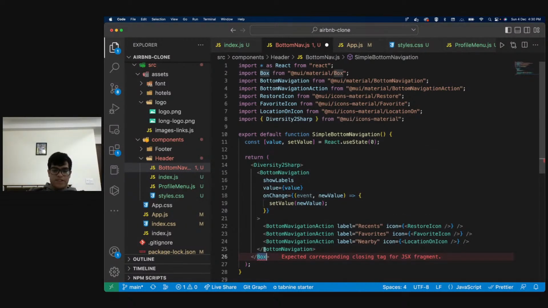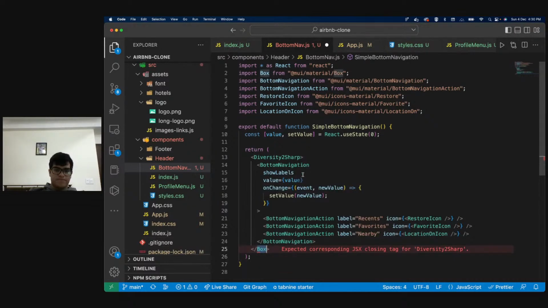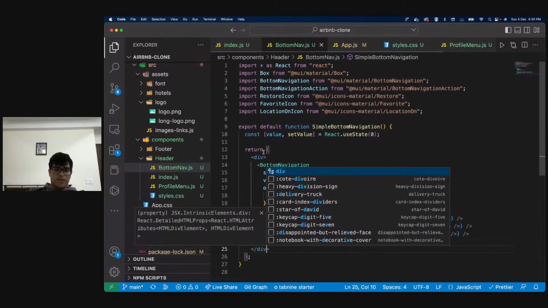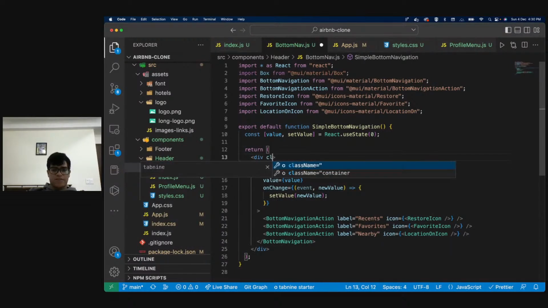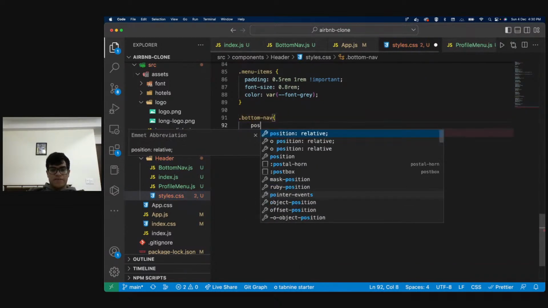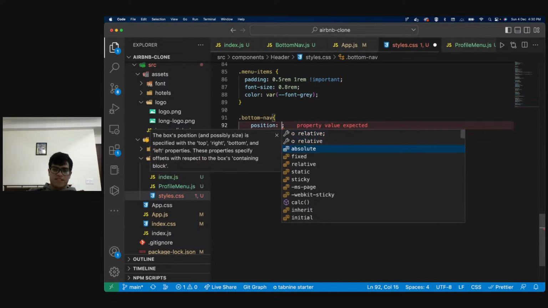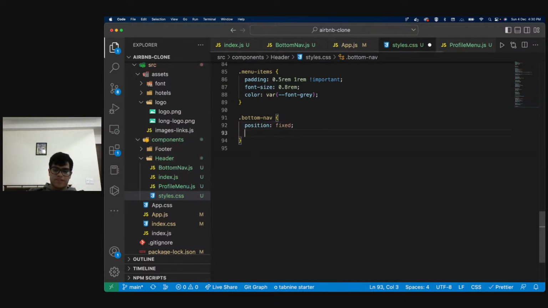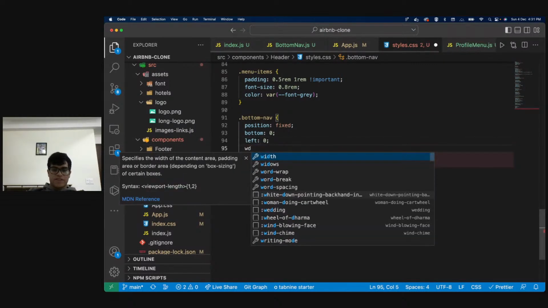Over here, I'm going to say div. I'm going to give this a class name as well. I'm going to give this a class name of bottom-nav, and we're going to style this accordingly. So bottom-nav is basically going to be position fixed. Bottom will be 0, right? Left will be 0, width will be 100%,